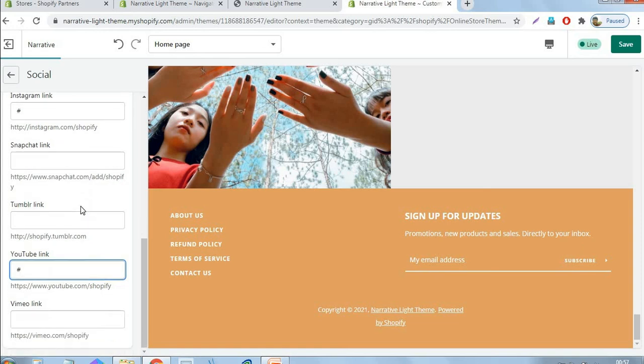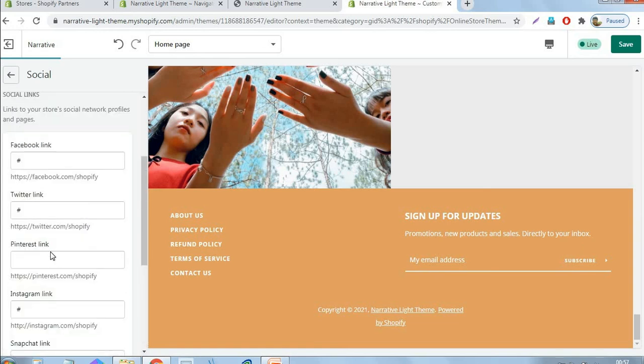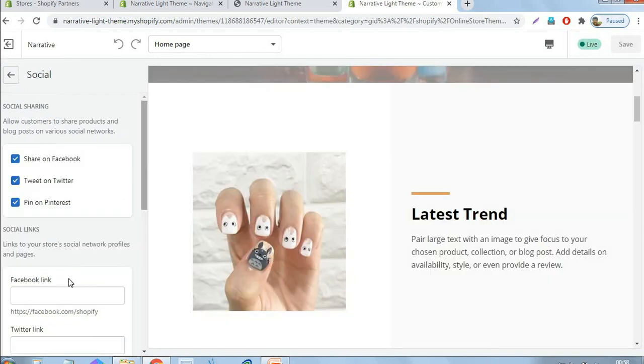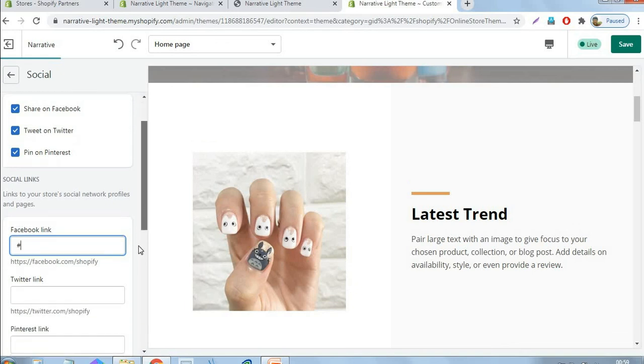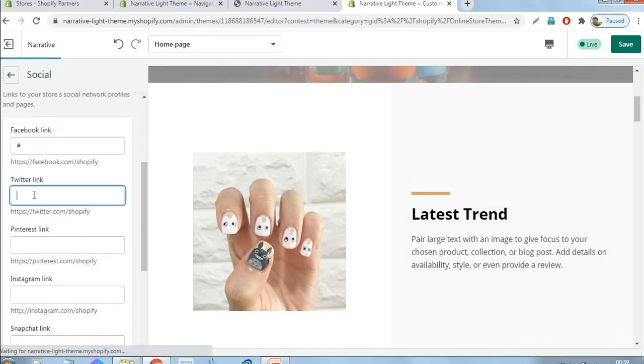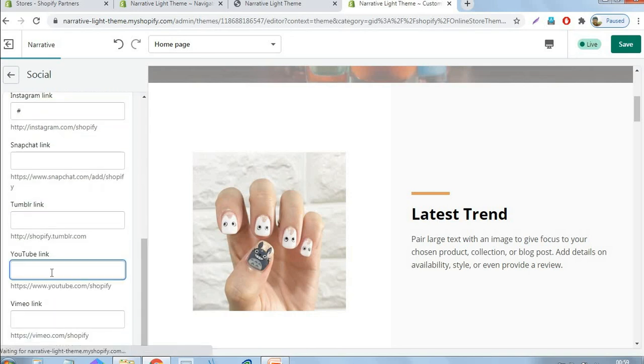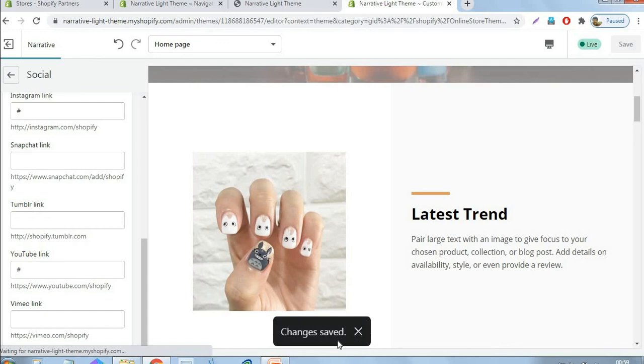Then Pinterest also we will give. So five social media links we are giving here, and I just click the save button. Okay, the changes are saved.